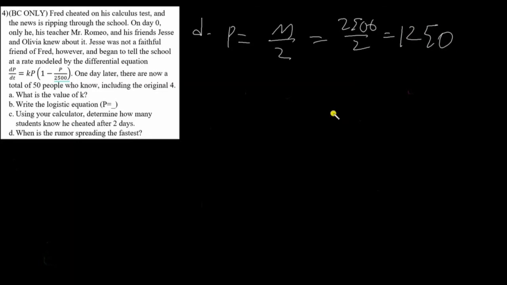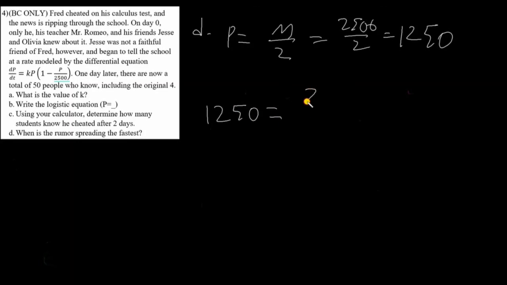Okay, final part. When is the rumor spreading the fastest? Remember that the rumor spreads the fastest when the population is half of the carrying capacity. So when p is equal to m over 2. Since m is 2500, this is 2500 over 2, or 1250. So let's plug that into our equation, and we get 1250